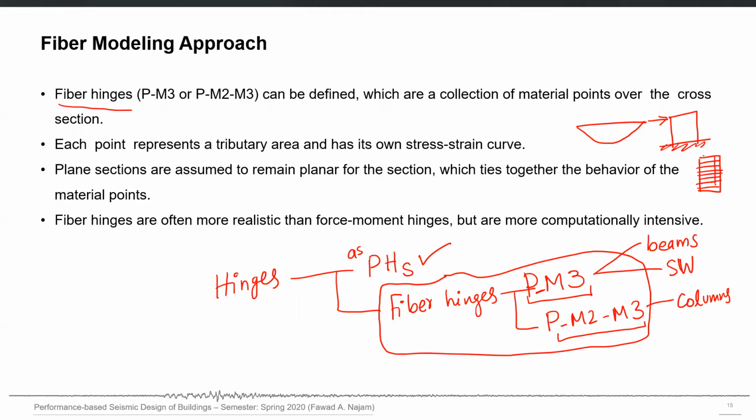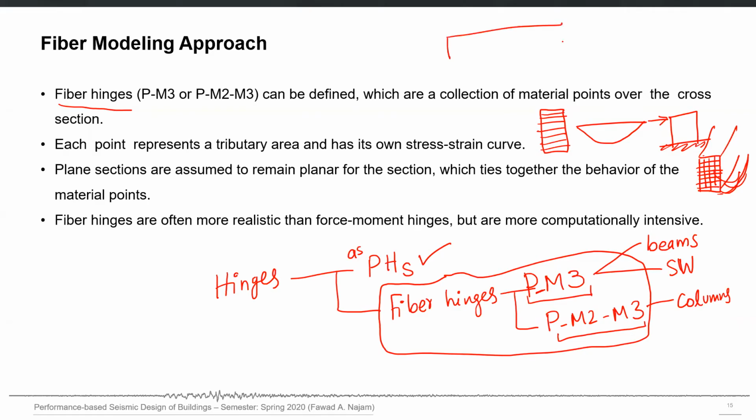So if I cut the cross section in this direction, and the beam is running in this direction, then out of the screen and into the screen bending can also be captured. But since that is not important, we only want to capture the bending into the plane, or into the screen direction. Therefore, we cut the cross section of the beam only in this direction. So the fibers are only in one direction.